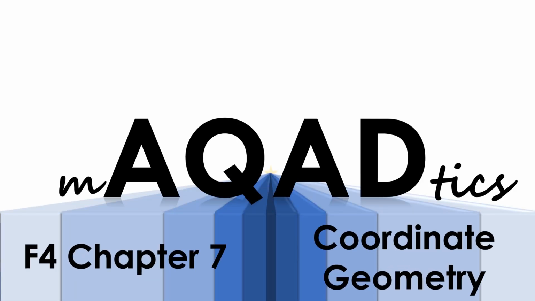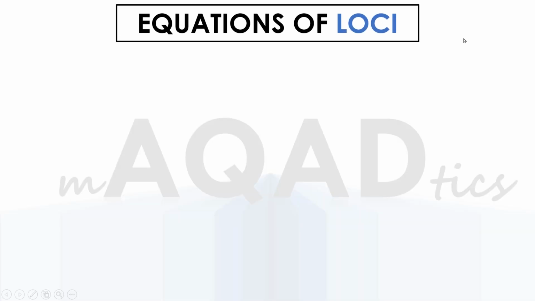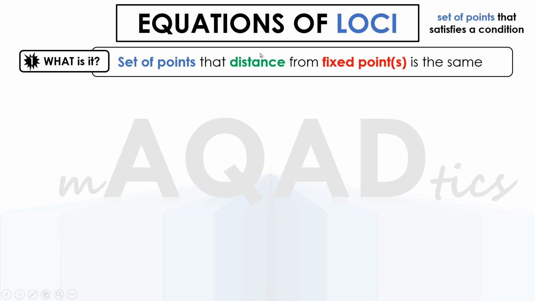So today's video will be lesson 19, everything you need to know on equations of loci. Before we go into equations of loci, let's understand what loci means. Loci is the plural form of locus, and a locus is the set of points that satisfies a condition. So for equations of loci, this means if I join all of these points, what would the equation be like? For our case, the condition here would be the distance from the fixed point must be